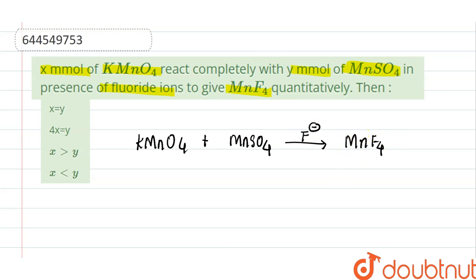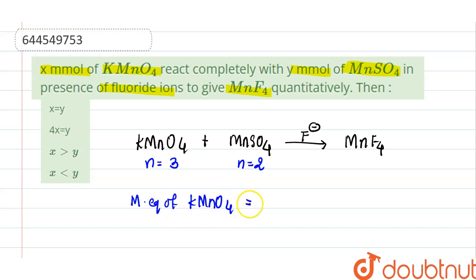formation of MnF4. So here for KMnO4, N is equal to 3. 3 moles of KMnO4 react with 2 moles of MnSO4 in the presence of F minus, then formation of the MnF4. So molar equivalence of